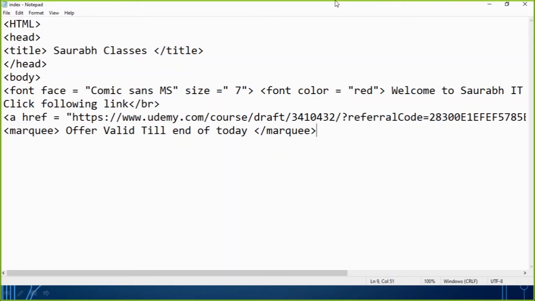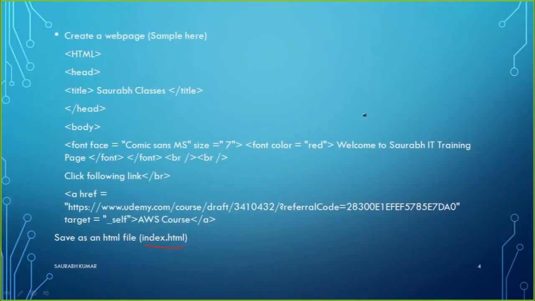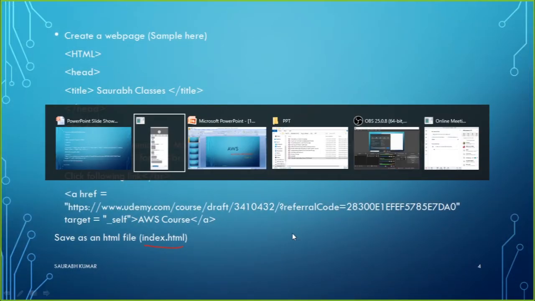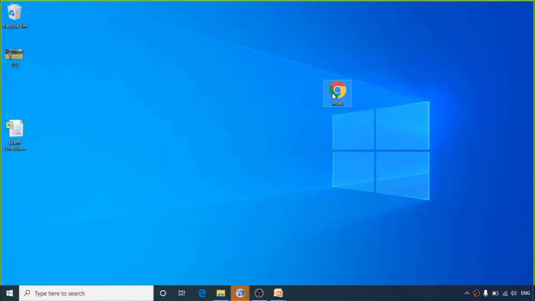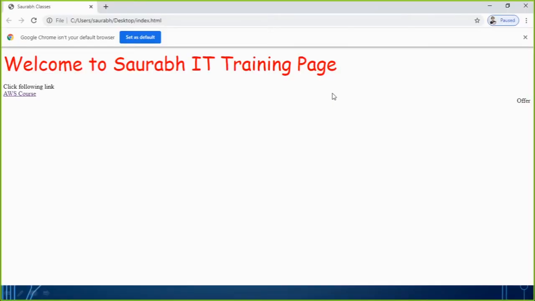If I click on save, now if I try to open the site, you will be able to see that one marquee is also going to move on this screen, offer valid till end of today. So this way, whatever information you have on your website, it will just appear here.